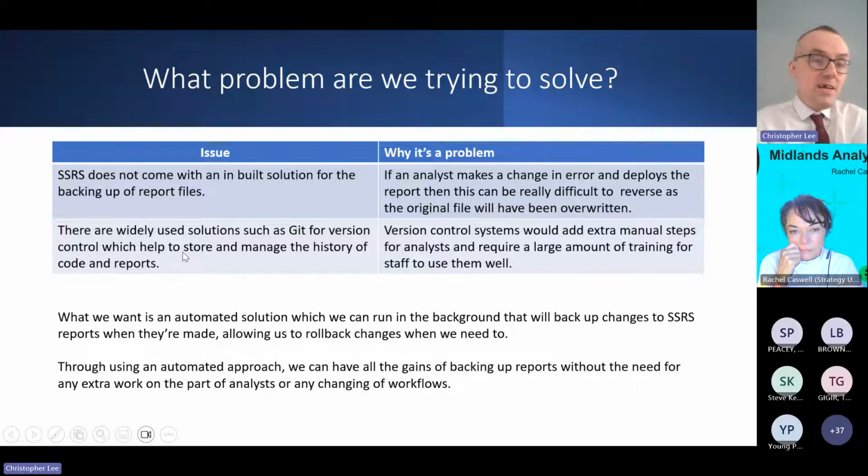And so then the second issue is that, well, there are solutions that will sort this, like Git, for example, and other forms of version control, which are essentially systems that help you to store and manage the history of code and reports. So basically, what version control does, the clue's in the title. It'll save all the different versions of something that you've worked on, and it'll give you a system for rolling back changes as you need it. But